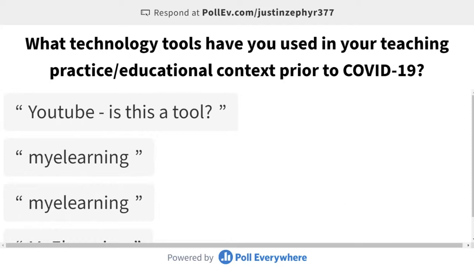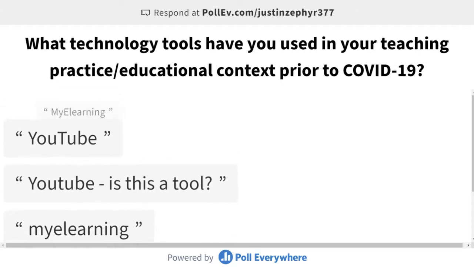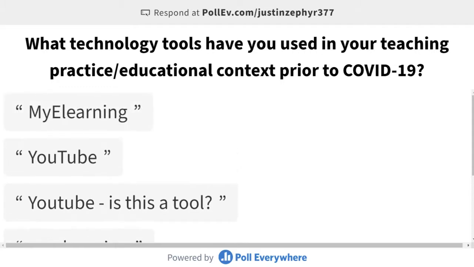Yes, YouTube is a tool. It's actually a very useful tool in more ways than one. One of the things I like with YouTube is that when you have large videos that you would like to share with your class, it's a very good way to just upload it to YouTube and adjust the settings to suit, if you don't want it to be entirely public. For example, you can set it to unlisted, where only persons with the link can see the videos.